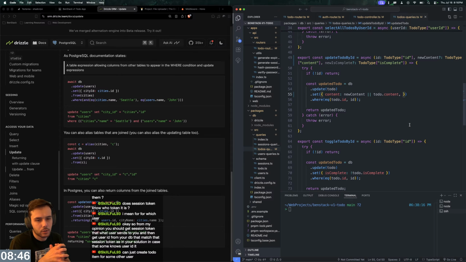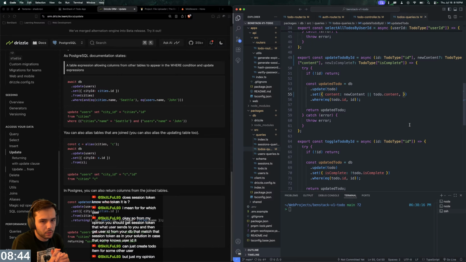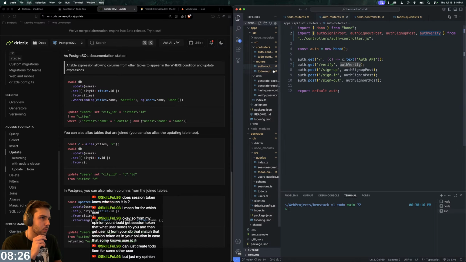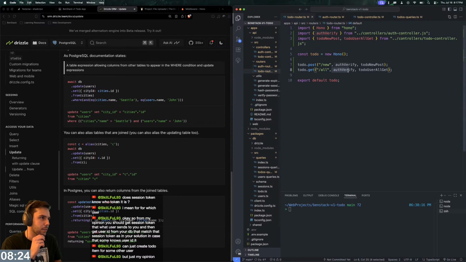Okay, so in my opinion, you should get the session token that the user sends to you, and then get the user ID from your DB that matches the session token. In your solution, I can just create a to-do item for some other user. You can't though, I don't think. Because every time that we create a to-do, we have to verify the session, right? And the session depends on the token that's in the cookie, right? So the token, so like when I, for example,